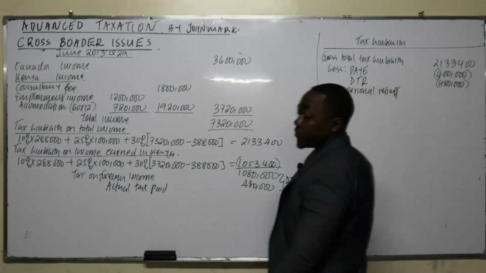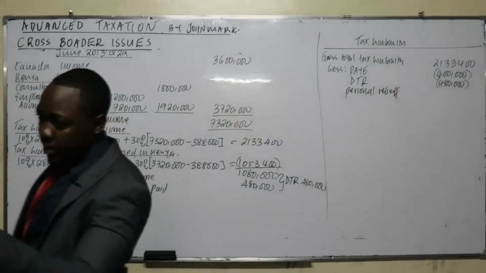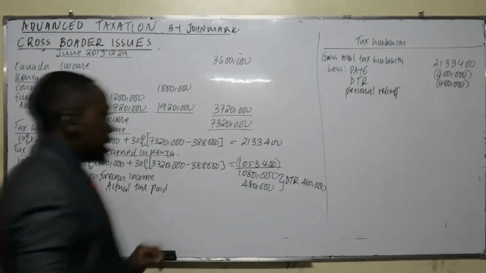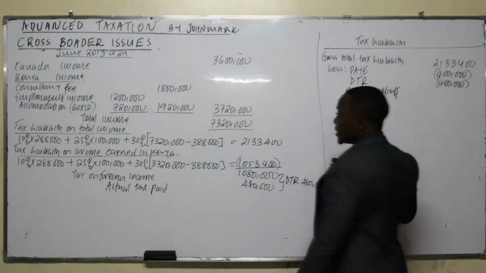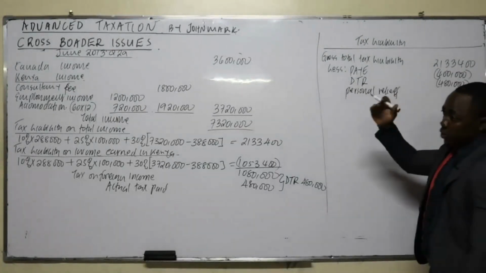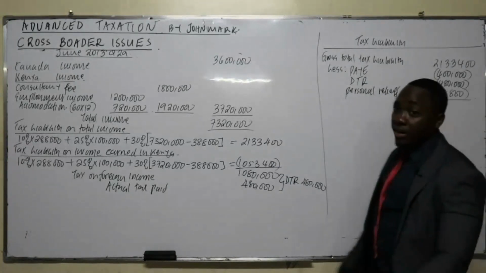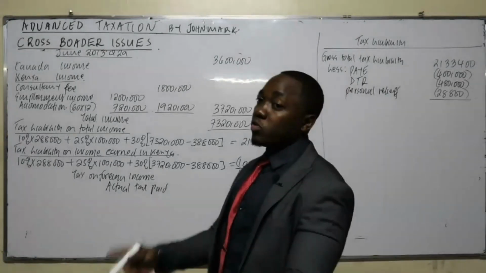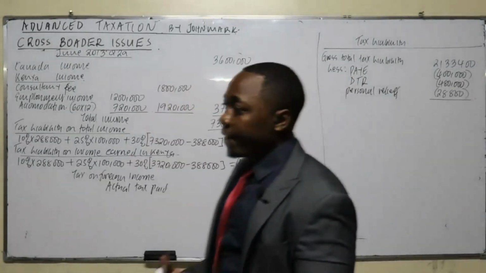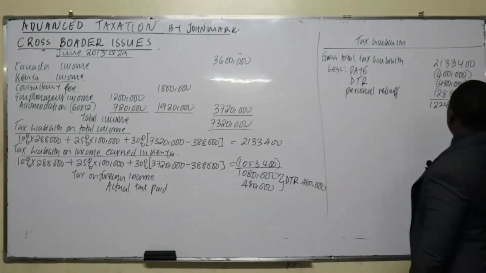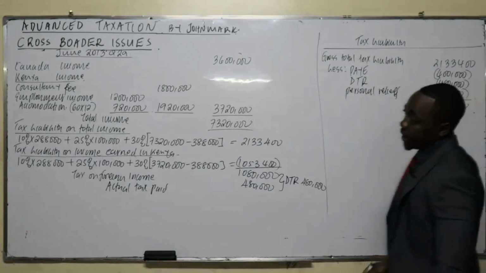Now, for the personal relief, use the graduated scale rate of tax. You are given the personal relief of 28,800, that's per annum. But you have the graduated scale rate, you have the personal relief. For per year, it's an amount of 28,800. Therefore, how much will be your tax liability? How much are you supposed now to pay to KRA? 1,224,600. Good. You can copy.